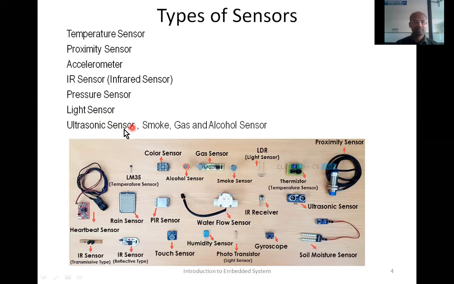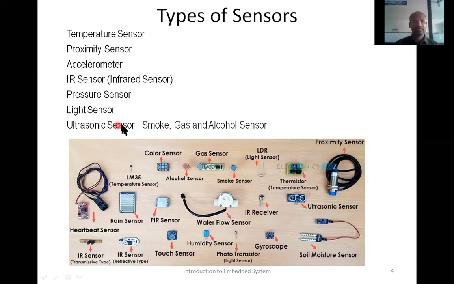Ultrasonic sensors. These ultrasonic sensors make use of sound waves which are not audible to humans, and they transmit them. If there is any obstacle, they come back and reach the receiver. If there is no obstacle, they won't come back.